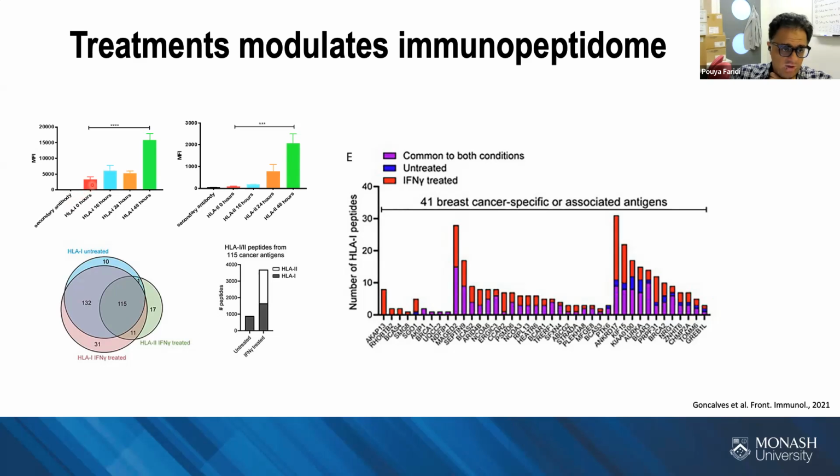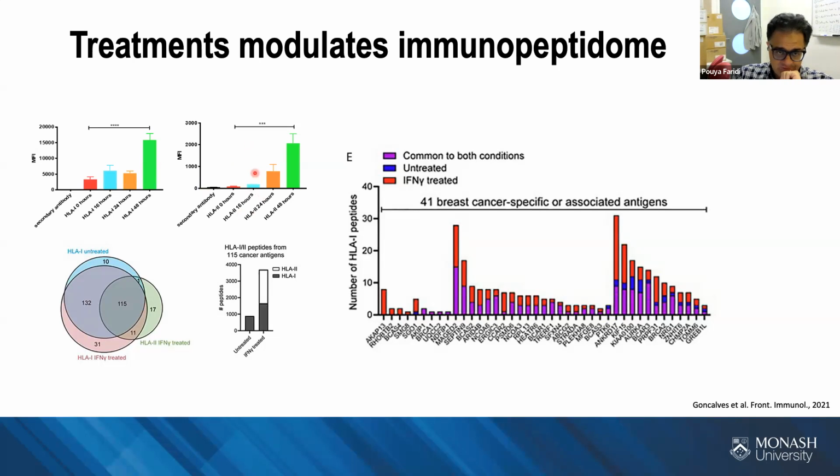What he found for HLA class 1, after 48 hours of treatment, is around 3 to 4 times induction in HLA class 1 expression. What was very interesting for HLA class 2 is that it was almost absent before interferon gamma treatment, but we see considerable expression of HLA class 2 after treatment. So somehow we are mimicking what happens in the tumor microenvironment when we have a hot tumor, which means that we have interferon gamma there.